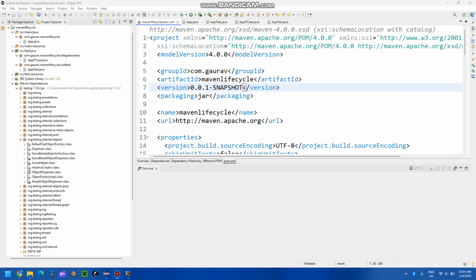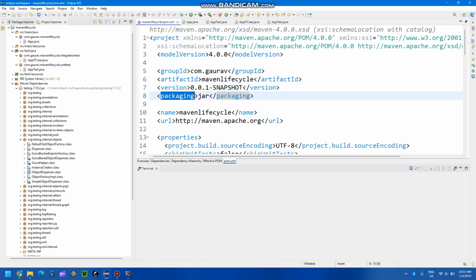Hi all, in this video we'll talk about the install phase of the Maven Build Lifecycle. So what does the install phase do? The install phase packages our application into a jar, or whatever packaging information we have provided in our pom.xml. In our pom.xml we have provided the packaging type as jar. So it will convert all the source code into a jar file and it will place that jar file into